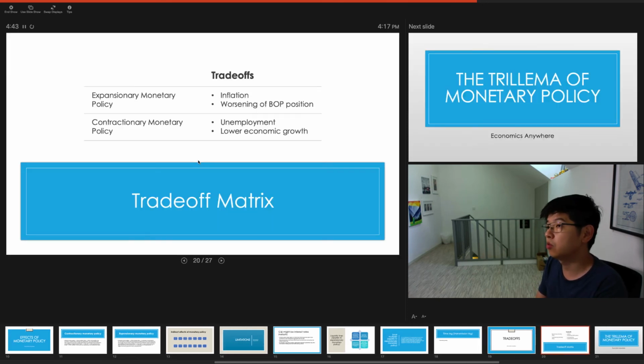Lastly, let's take a look at the trade-off matrix for monetary policy. This is very similar to fiscal policy. When you carry out expansionary monetary policy, you may end up causing inflation and a worsening of the balance of payments position. When you carry out contractionary monetary policy, you may end up causing higher unemployment and lowering economic